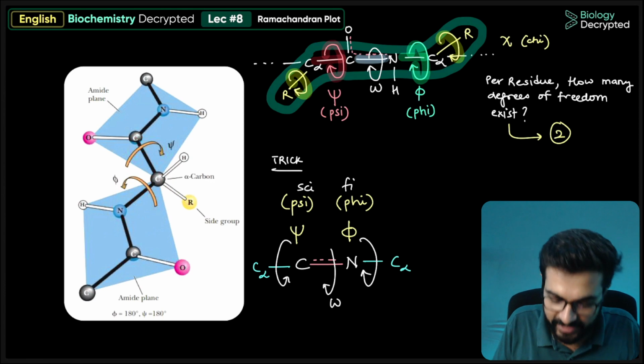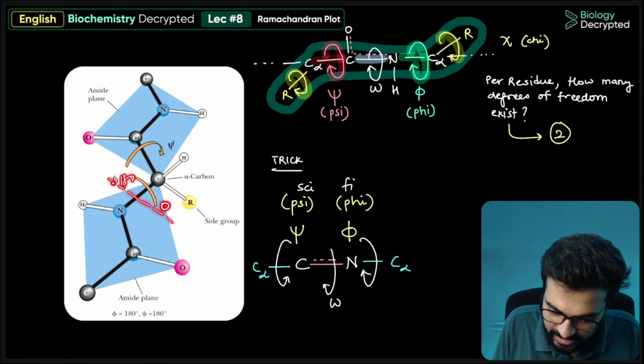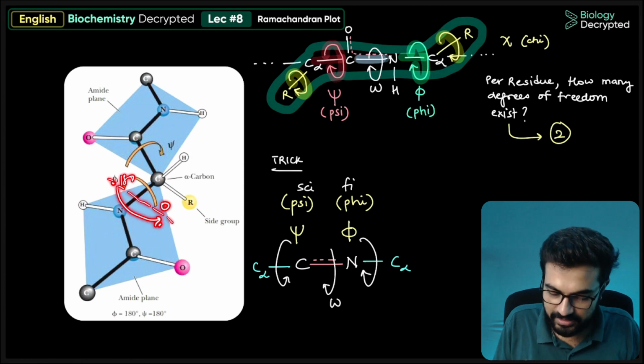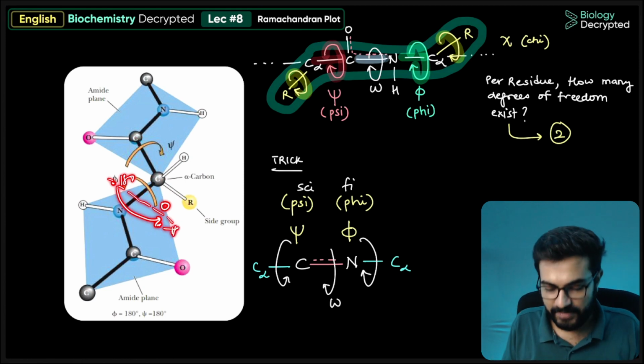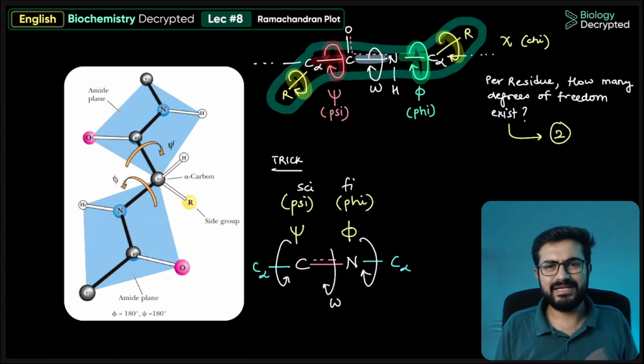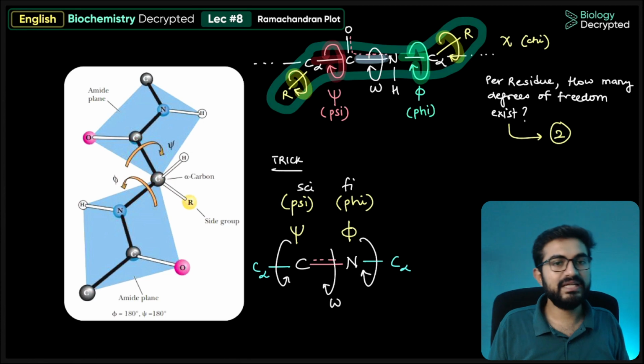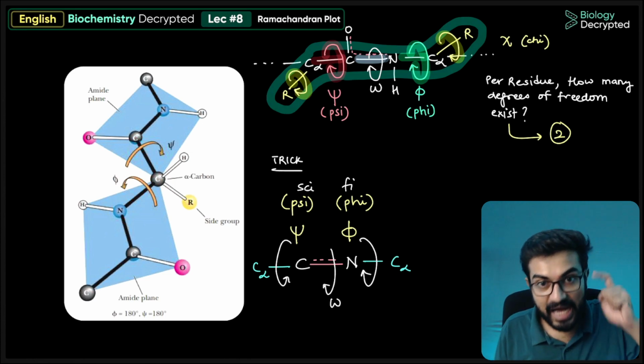But how do we define it? Actually, we make 0 to 180 degrees here, and then we make this to this here. This is defined as minus 180 degrees. So from plus 180 to minus 180, which means it covers a total of 360 degrees, like this. So this whole rotation is possible, but